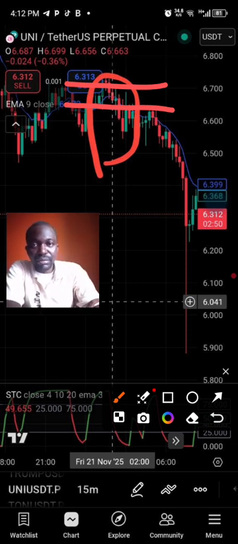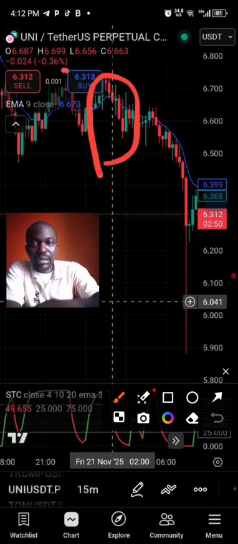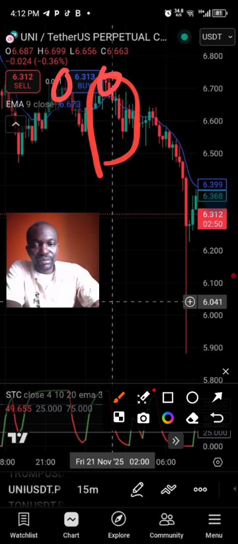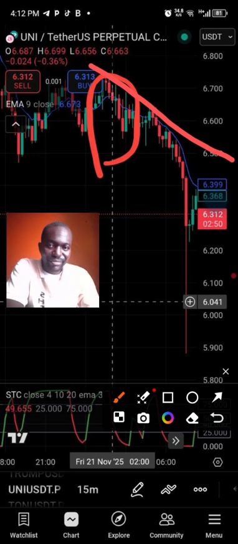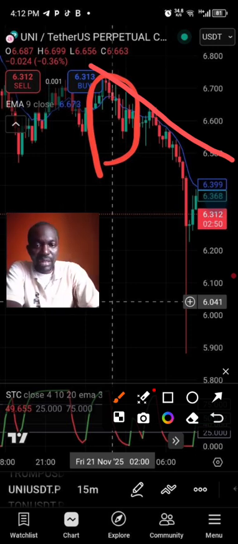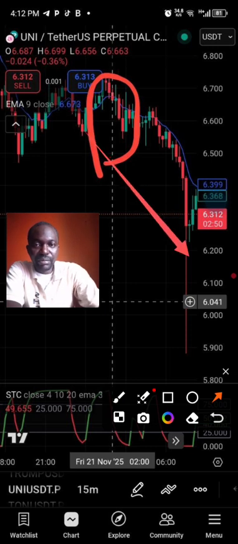So at this level, we had a double top here and here, indicating that buyers are losing their momentum and sellers are about to enter aggressively. Okay, and then if you look at the highs, this high is higher than this high. That creates a trend line, and that's coming down. And lo and behold, prices actually go down.